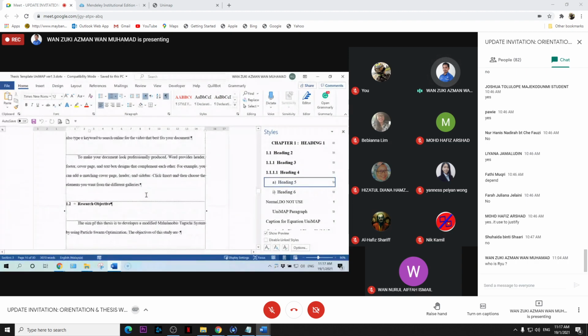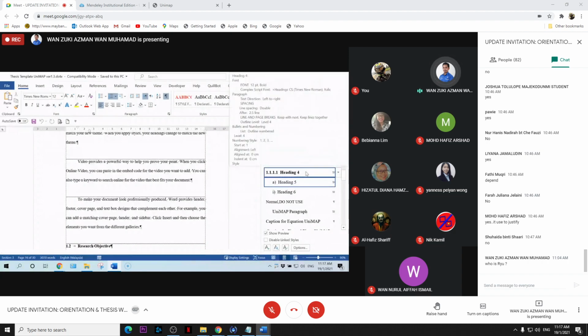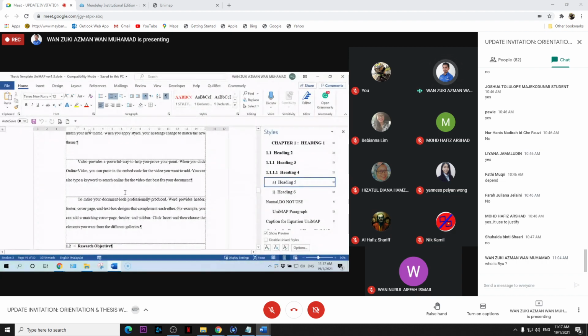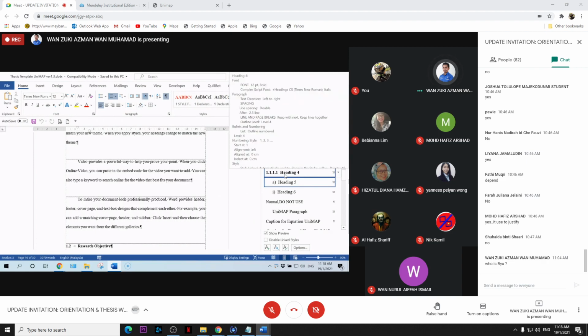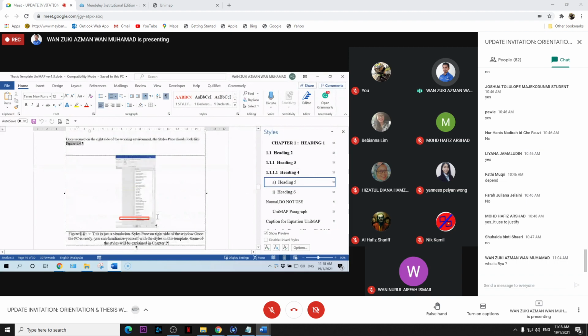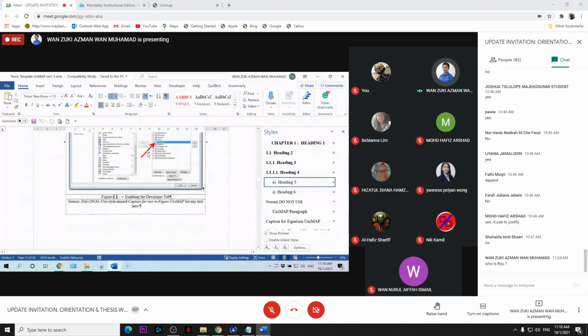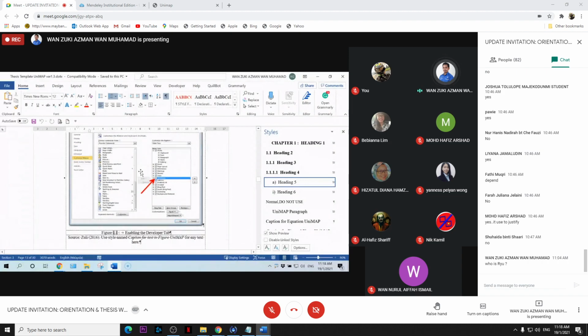Unimap only allows you to create headings up to 4 levels. 4 levels means 1.1.1.1 only, not more than 4. No more sub-headings, only until 4.